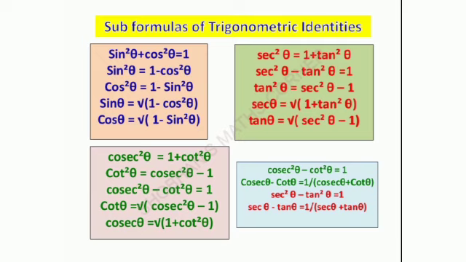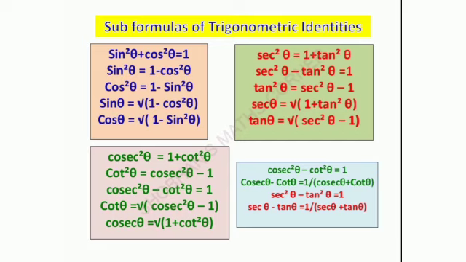So these are the sub identities for these three trigonometric identities. Now one more very important thing we should remember while doing the calculations. Cosecant square theta minus cot square theta is equal to 1. On the left side, cosecant square minus cot square is like a square minus b square. We have the identity a square minus b square is equal to a plus b into a minus b. Here also I am splitting that into cosec theta plus cot theta into cosec theta minus cot theta,